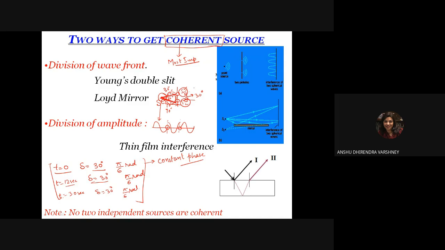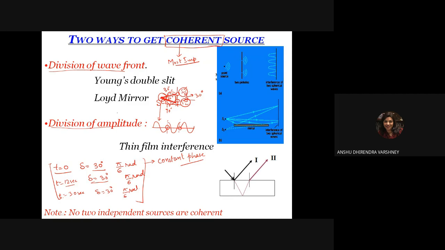Right, so before concluding the class, let me mention how you get the coherent sources. Because I have told you how we cannot get the coherent sources. We cannot get the coherent sources just by using two different sources. Now the question is, if I cannot get a coherent source from two different sources, then how do we get the coherent source? The coherent source will be obtained by the division of the wavefront and by the division of